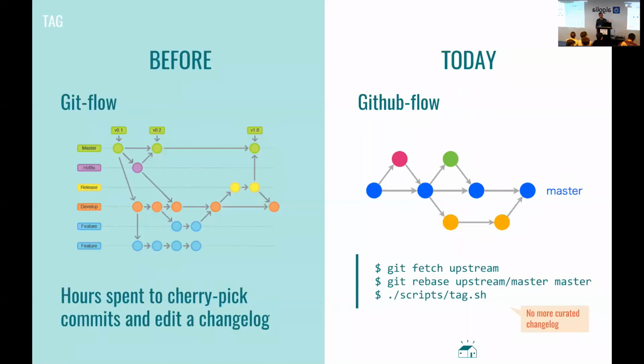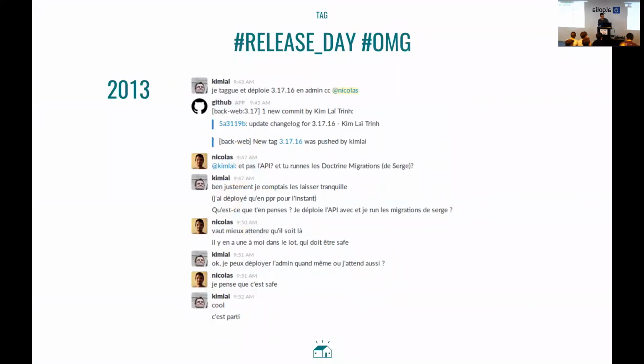Tagging. It's all related to the way we used to pack features together to release a big update. And now we do things differently. So we changed our GitHub flow, our version control system flow. We were using Git flow, which has a master branch, and we had a branch for the next release, and we had another branch for development. And every developer would fork the development branch, add features, merge back into the development branch, merge back into the release branch, and we spent hours